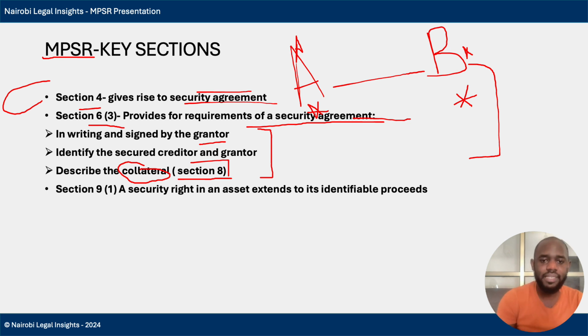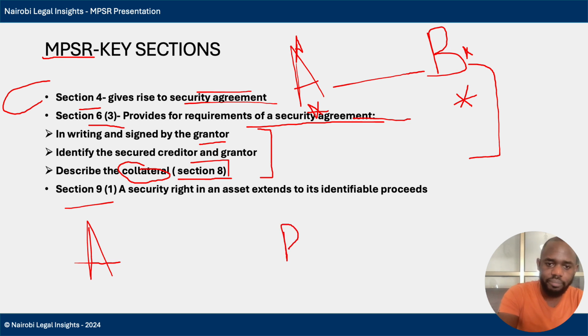And now the other important section within this specific act is section 9 subsection 1. So for example, we have person A who runs a wholesale shop selling timber and cement and all building materials, and we have person B. Now, as far as section 9 is concerned, a security right in an asset extends to its identifiable proceeds. What does this mean? So assuming person A used their movable assets within their shop as security to get a loan from person B,